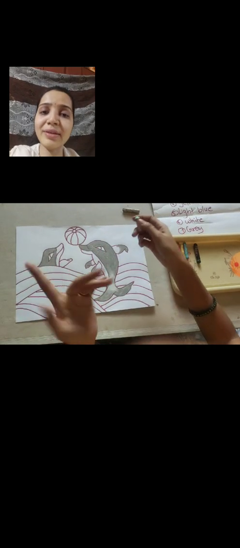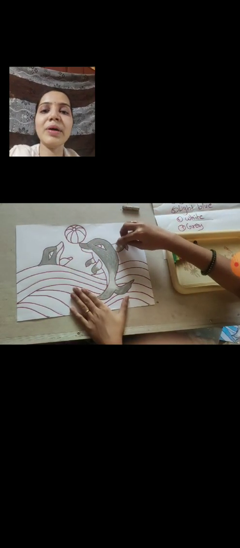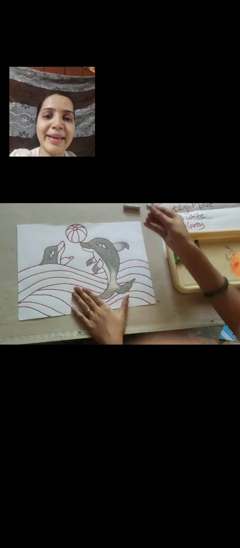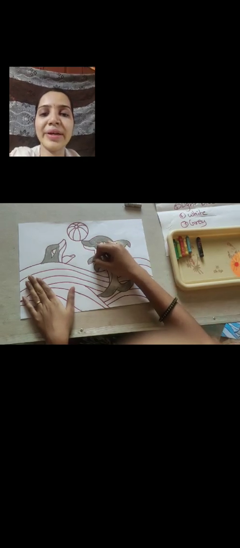Merge it very carefully, otherwise the white color effect will not look good. Merge our white color very nicely. See how I am doing it. Yes, it is merged, it is looking nice. Same with the other two wings, like that. The other fish I have already done in grey, and where I have to do shading, I will do now.